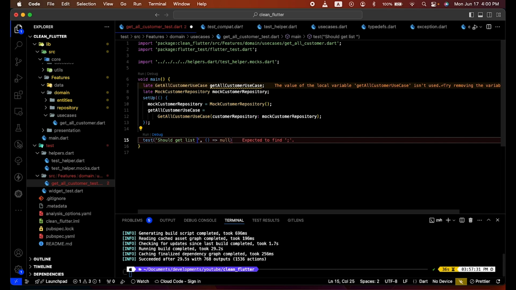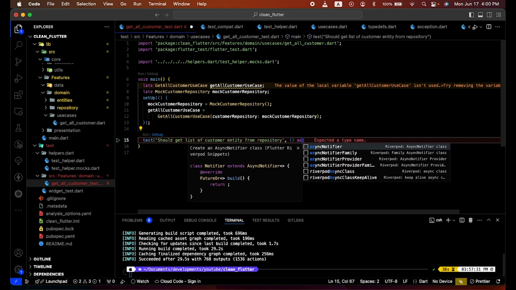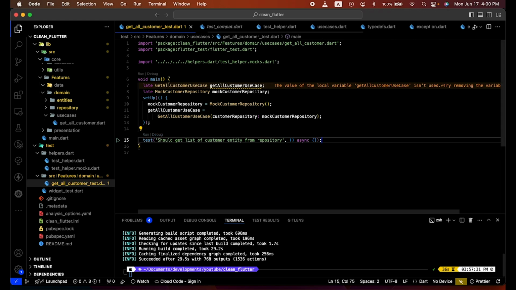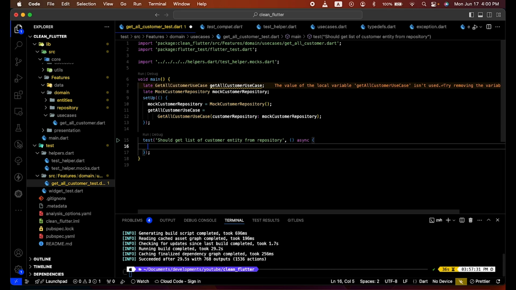lists of customer entity from repository. Okay, as you know, repository is the data layer and data didn't have those implementations. Okay, so this is a future, so I think lazima iwepo because tuna deal na, we have to await it. So in testing